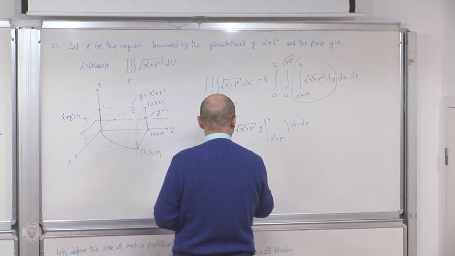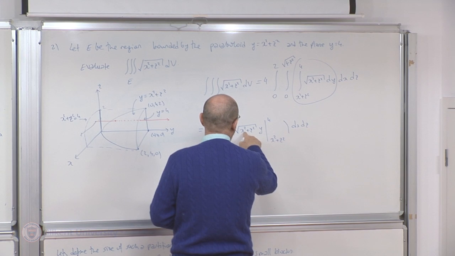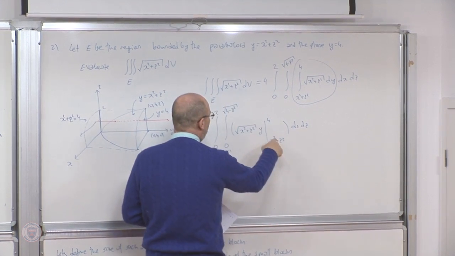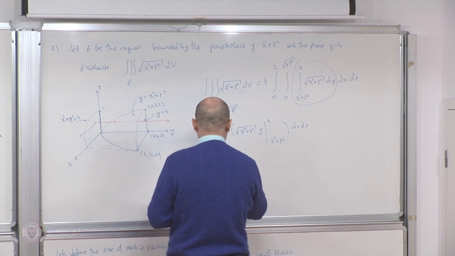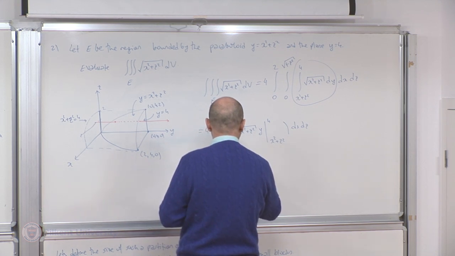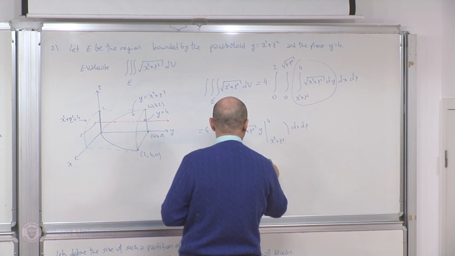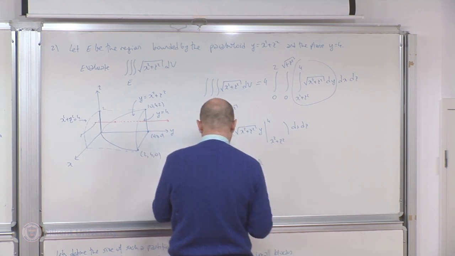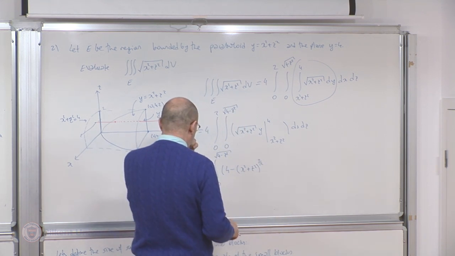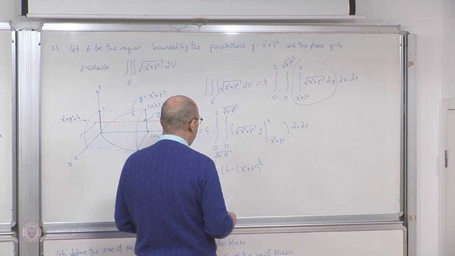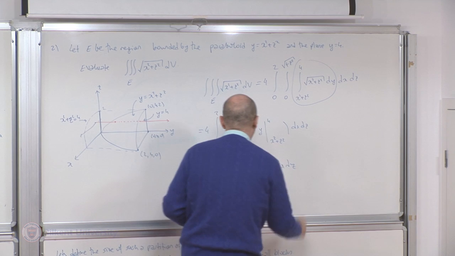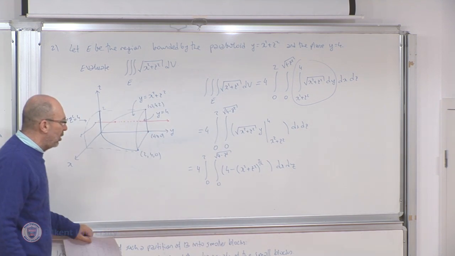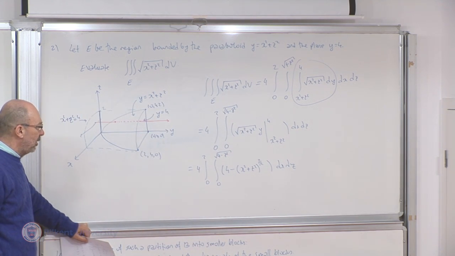I have this x squared plus z squared to the power 1 over 2, and this is going to be 4 minus x squared plus z squared to the power 3 over 2, right? dx, dy, dz. Okay, so now you see that it's very painful to continue in this way, but you can